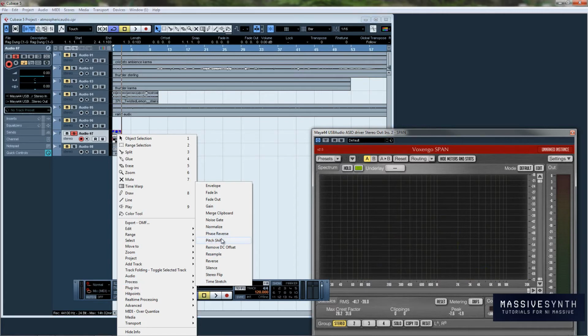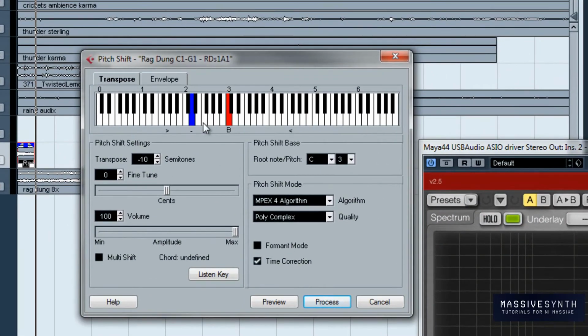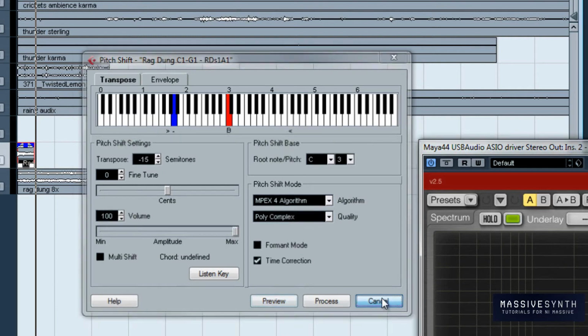So if I go to Process, Pitch Shift, every DAW should have something similar to this, or your actual audio editing program. Say you use something like Wavelab. So what I have is my bass frequency there, and what I can do is mess around and preview it. So this is just pitch shifting it. And it's got time correction enabled, so if I turn off time correction, turn on time correction, now we'll go down further, turn off time correction, so we're getting somewhat similar,